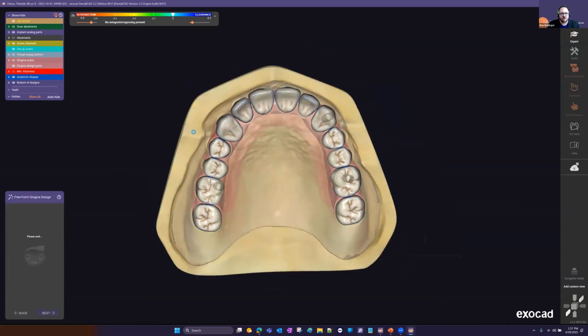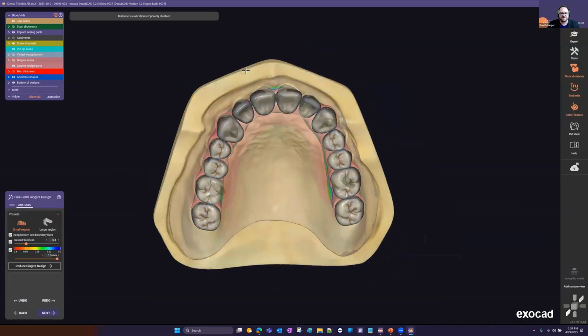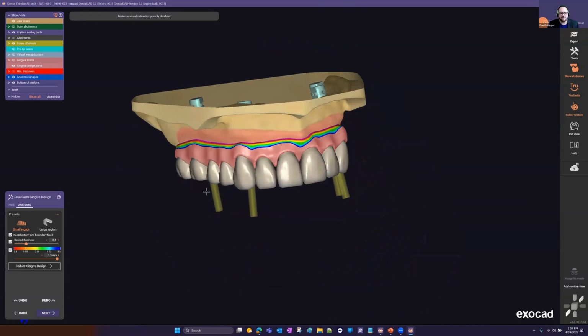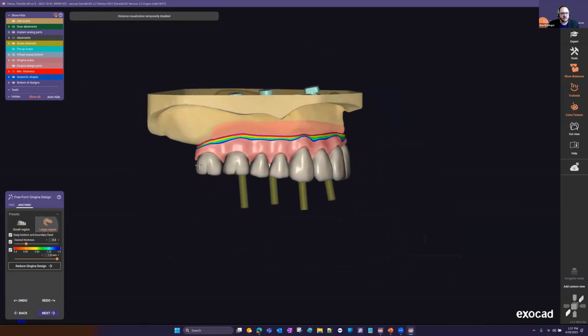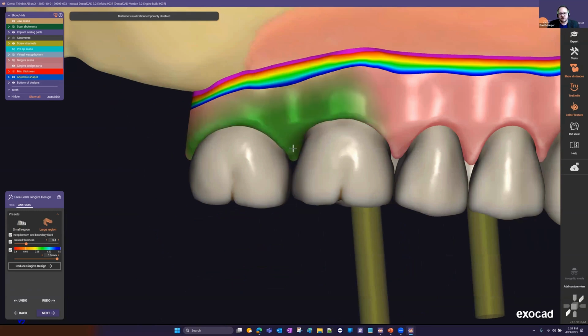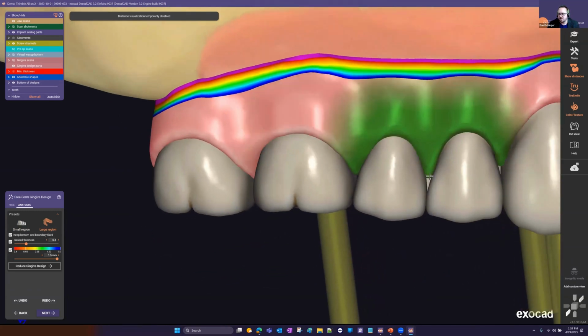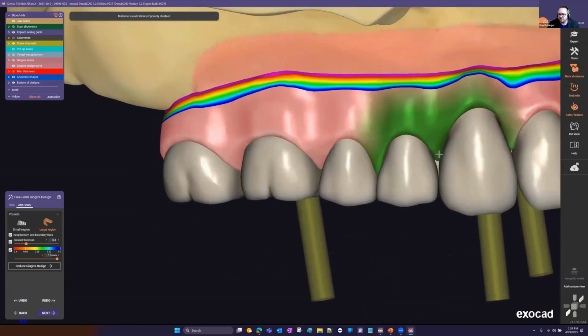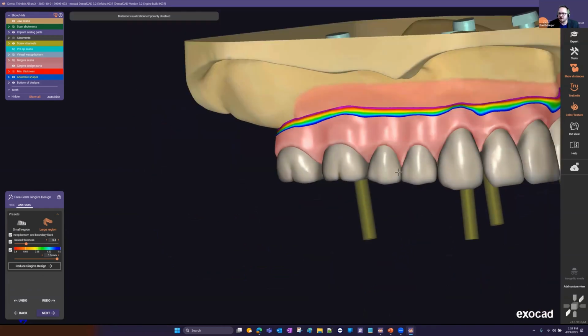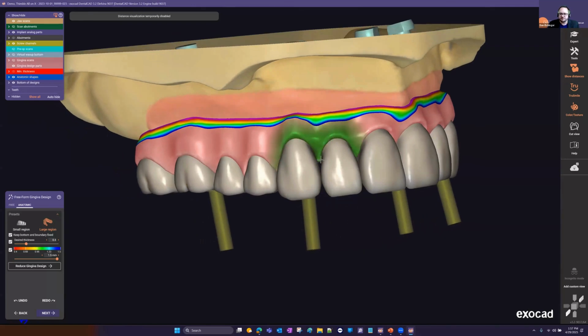All right, so now we're at our freeform gingiva. Turn off my pre-op with the letter P. And for this one, like I said, when I'm using tooth libraries, I typically would have spent a little more time in my tooth placement in general. I know we're getting close to time, but